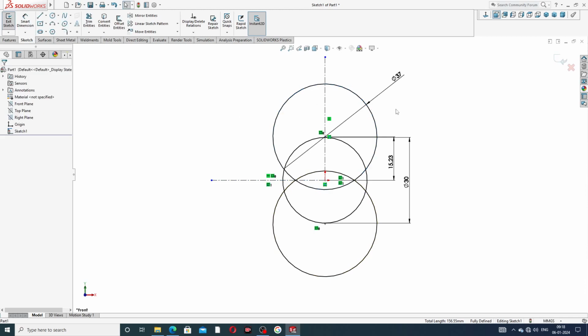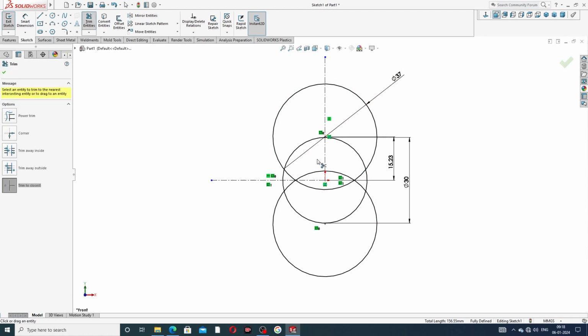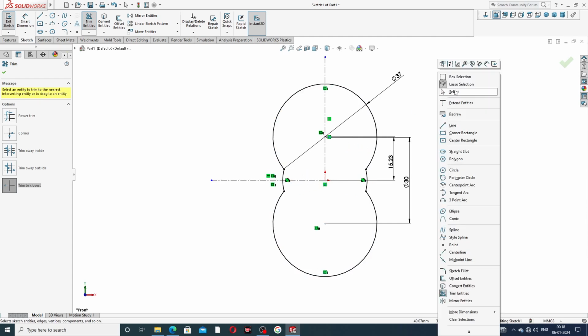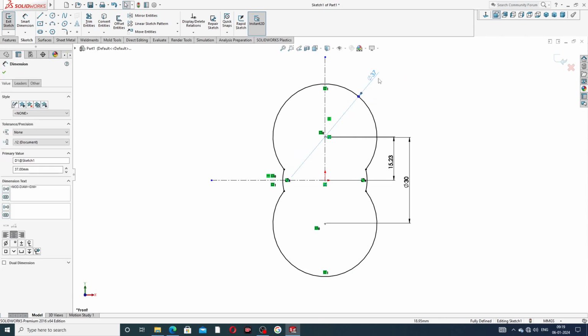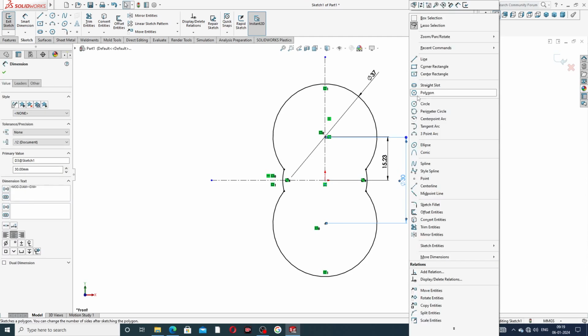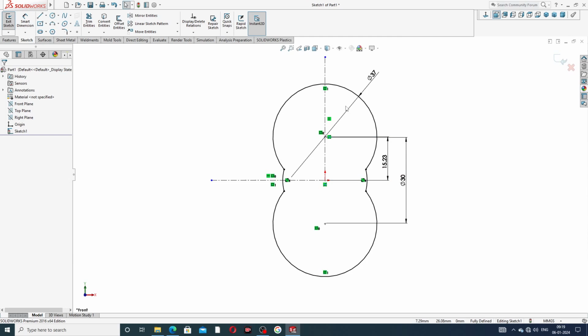And some cut line is extra, but use a trim entities, and some extra portion is delete here. This is a extra portion, and also this to this line is a cut out. Okay, this is a perfect. Okay, this body is a drawing here. This is perfect and correct, and all distance and all geometry, all dimension is perfect. Okay,